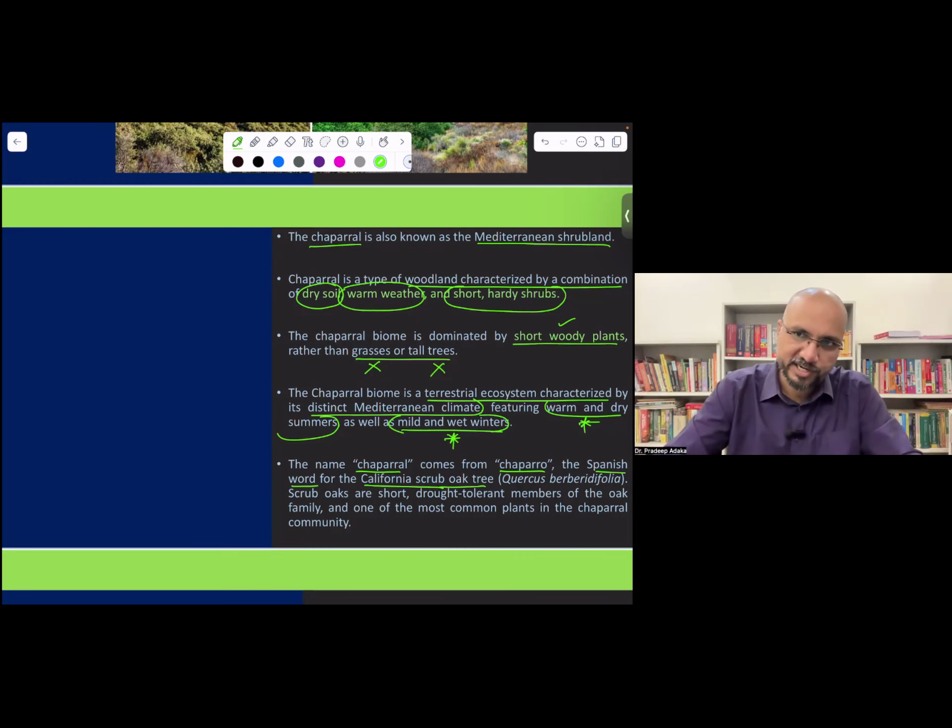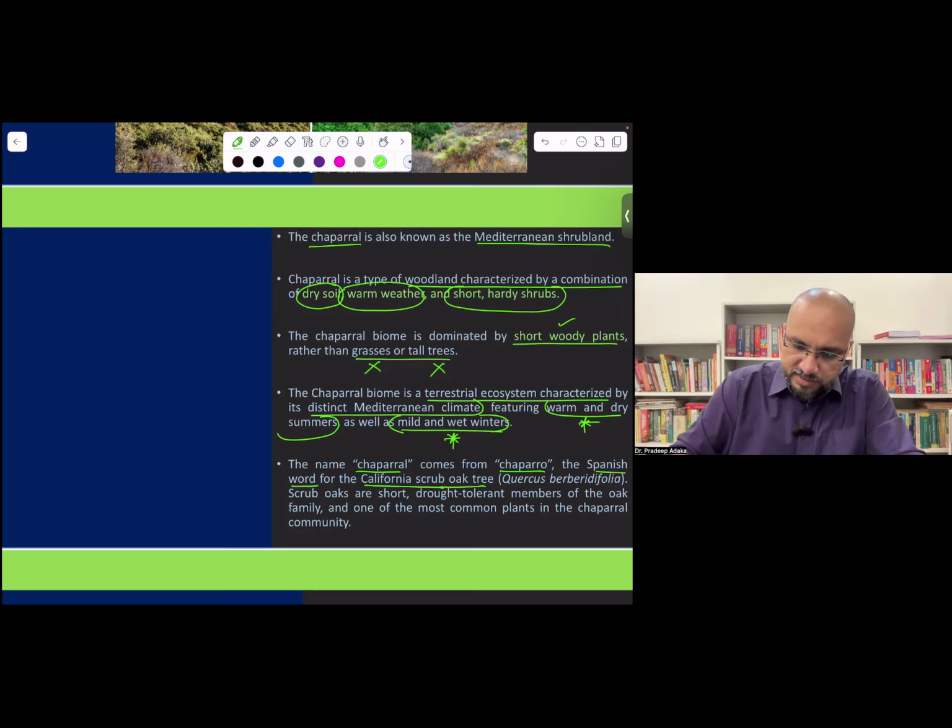So chaparral biome is not only seen surrounding the Mediterranean Sea but also in other parts of the world. You see it in Australia, and in South Africa. You have the same type of biome in California state, which has less rainfall. Generally, this chaparral biome vegetation is mainly short woody plants. So you can see it in California, surrounding the Mediterranean Sea, and in Africa and Australia also.